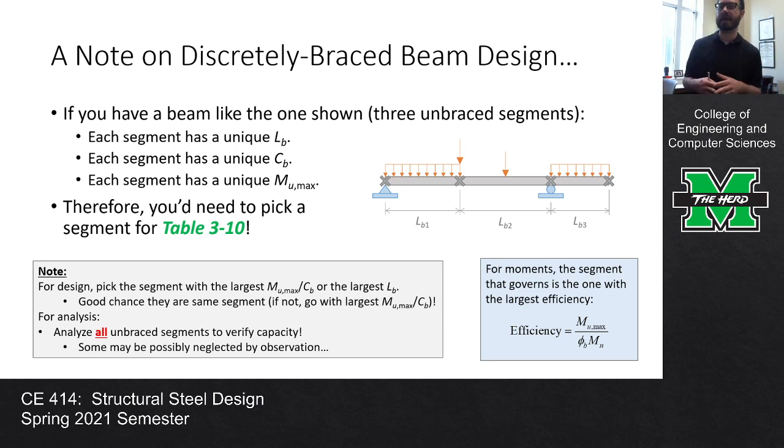Either one would be a valid approach to pick a trial shape. There's a good chance that's probably the same segment. And if not, I would probably just go with the one with the largest moment. Once you have that for analysis, analyze all of the unbraced segments to verify their capacity. So you're going to pick a trial shape based off what you think is the worst case scenario, but once you have that trial shape, analyze all the segments, all the FEMNs for all of the three segments, compare that against the MU for